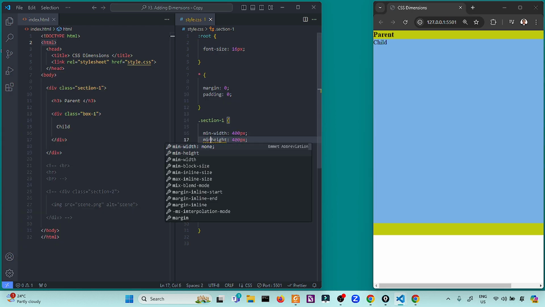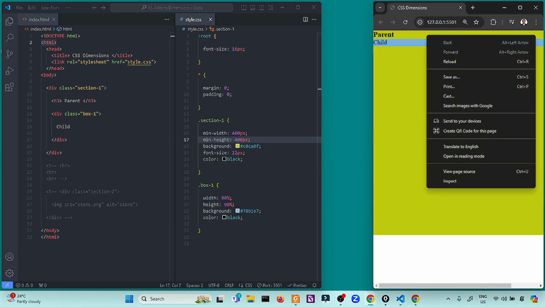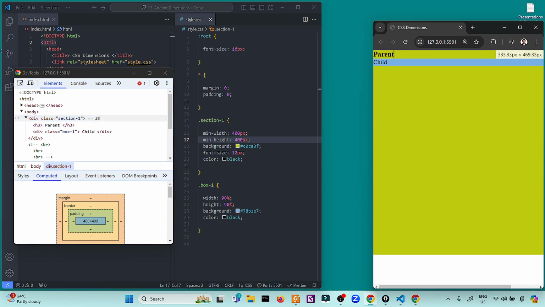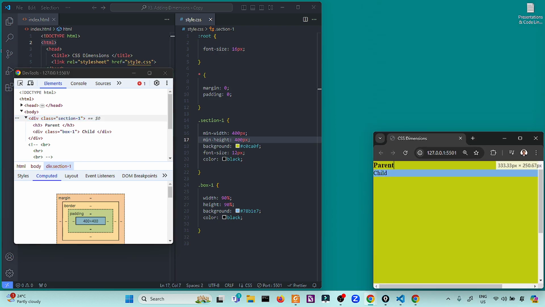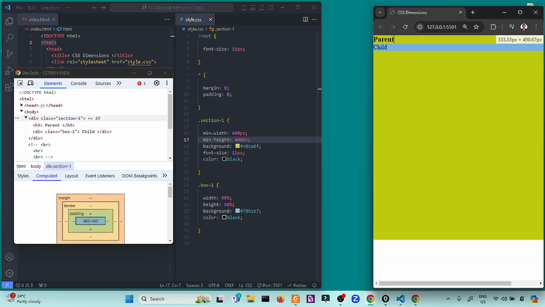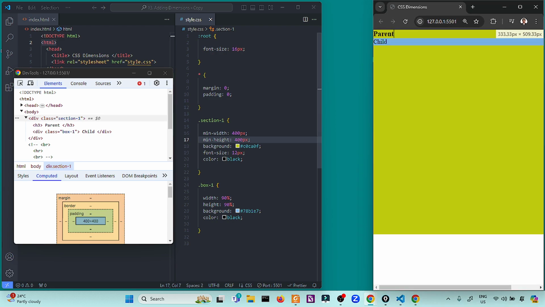Same with the height, for example. The minimum height, for example, will be 400. If I compress the screen, the height has a minimum of 400. But unlike width, it does not extend vertically.